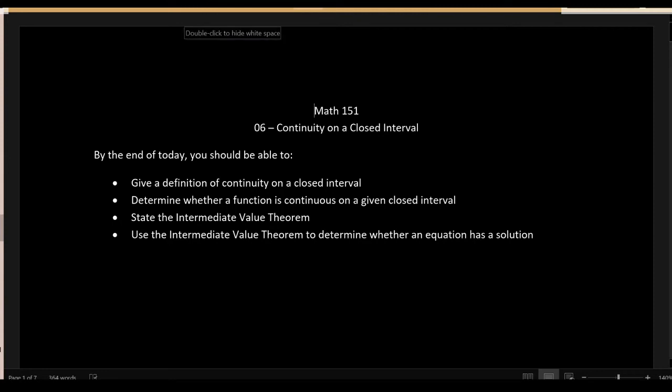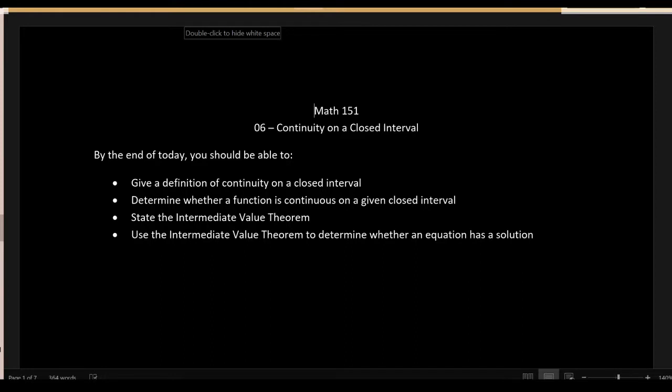Today we're going to follow up talking about continuity of a function. Today we're going to focus on continuity of a function on a closed interval, continuity of a function on an interval which actually does include the endpoints. Then we're going to introduce a theorem called the intermediate value theorem, which is the first theorem in this class